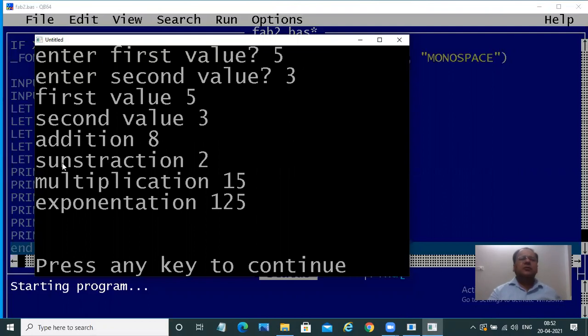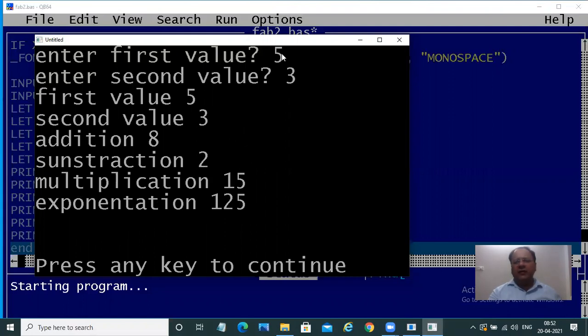Don't worry about the spelling. I'll correct it. It's subtraction. Subtraction. That is 2. 5 minus 3 is 2. Then the multiplication is 15 and the exponentiation is 125. Exponentiation means whatever value raised to the power of 3.